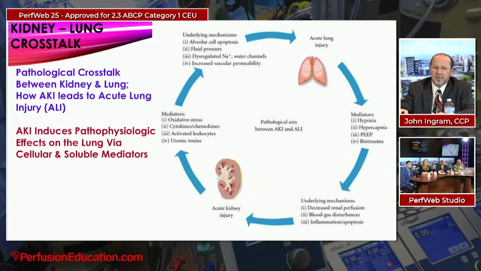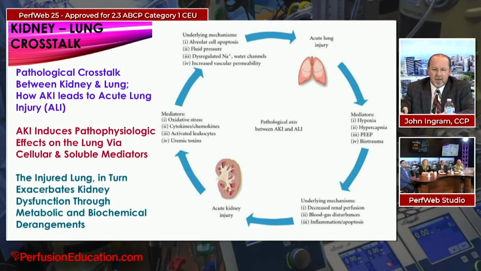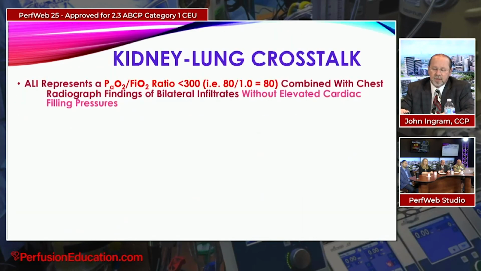This is the most common. AKI induces pathophysiologic effects on the lung via cellular and soluble mediators. The injured lung, in turn, exacerbates kidney dysfunction through metabolic and biochemical derangements. So that's the kidney-lung crosstalk. Now, when you talk about ALI, acute lung injury, most of the time it's defined as